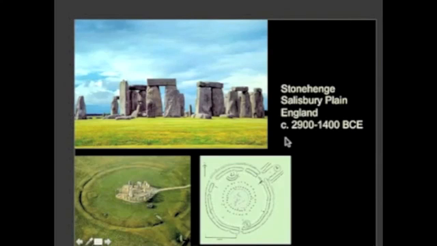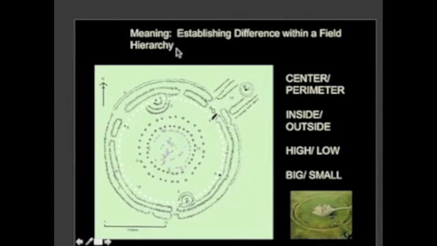But what we're going to do right now is not even ask those questions, but instead look at how this thing is organized. And if we look at it, a lot of the words we were talking about on our earlier discussion come into play here again. That is to say, there's a really clear idea of center, there's a really clear idea of perimeter, and those distinctions alone begin to set up a lot of hierarchical distinctions. For example, if you had to find the most important spot in Stonehenge, where would that be?